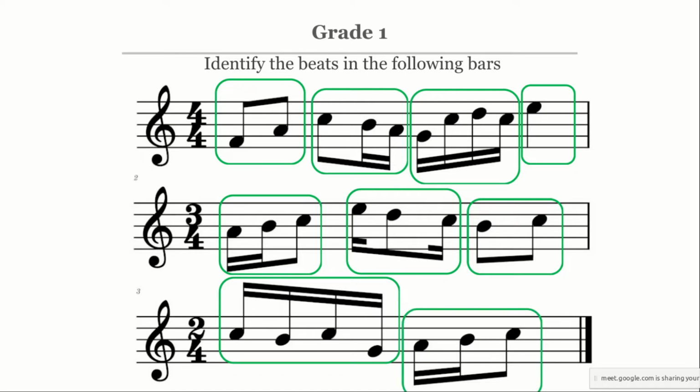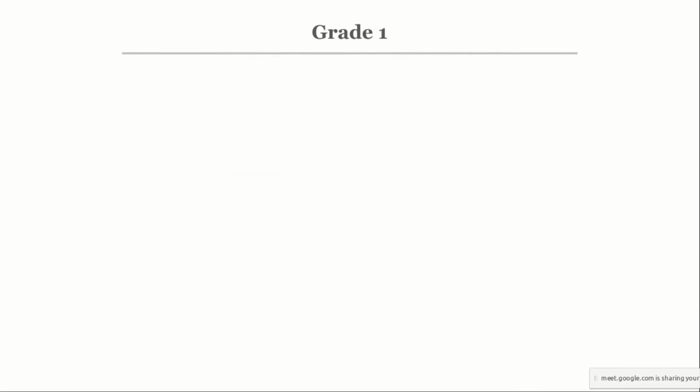Now I want all of you to take notice of the time signature. The time signature could tell you. I told you the top number tells you the number of beats in a bar, and so the 4 here is a hint that we have 4 crochet beats. The 3 here, we have 3 crochet beats, and the 2 here, we have 2 crochet beats. Now